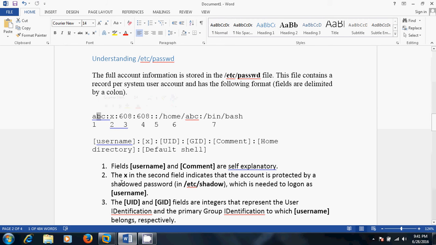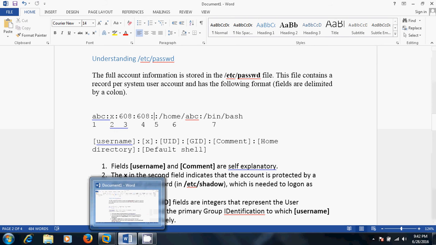This x in the second field indicates that the account is protected by a shadow password, which is needed to log on as the username. This is the user ID, this is the group ID, this is the comment, this blank field is a comment, this is the home directory, and this is the default shell. Okay, now let's move to the shadow file.